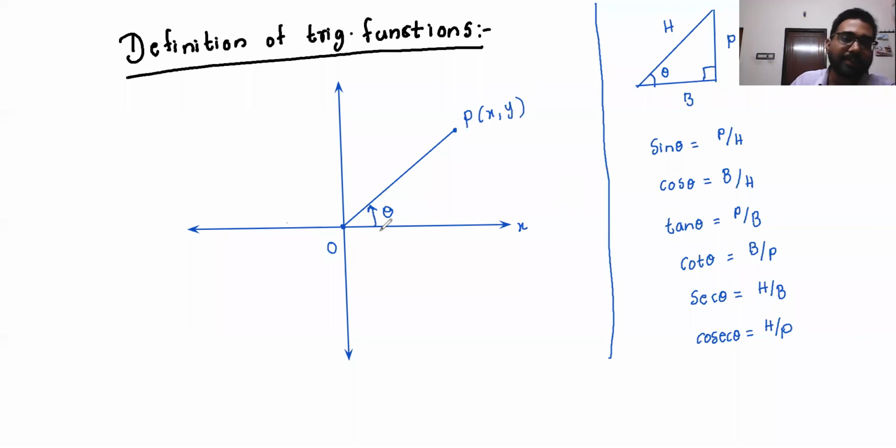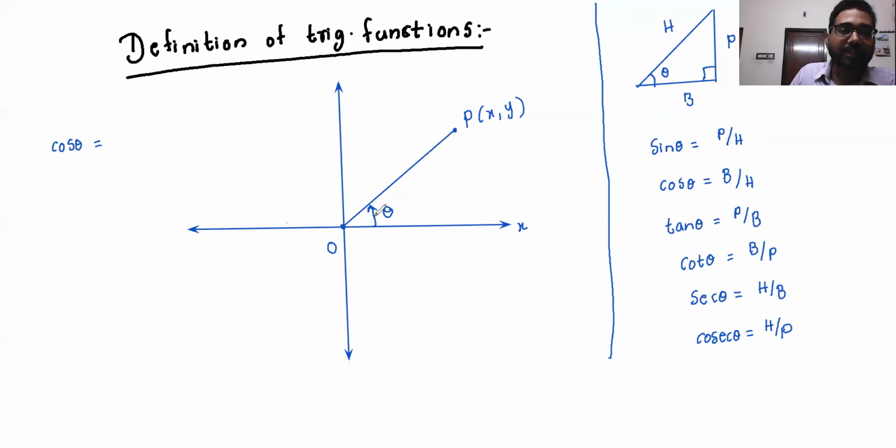So let us take a line OP which makes an angle theta with the positive x-axis, that is the reference. If this line makes an angle theta with this, the definition of cos theta is given as, here there is no reference to a triangle, nothing like that. Theta is the angle subtended by OP, the angle between OP and the reference.